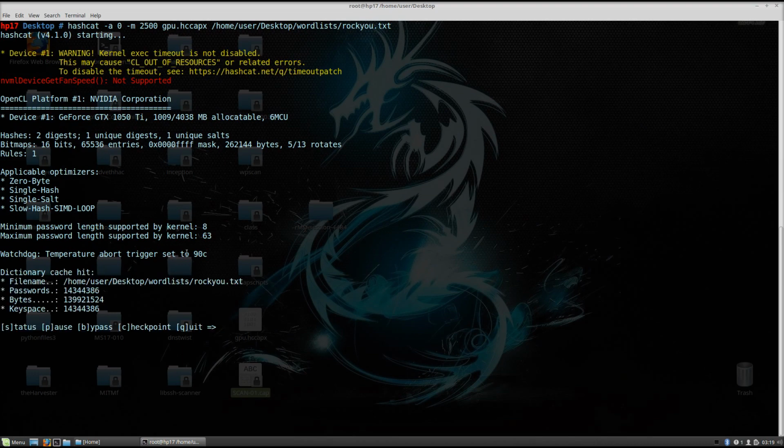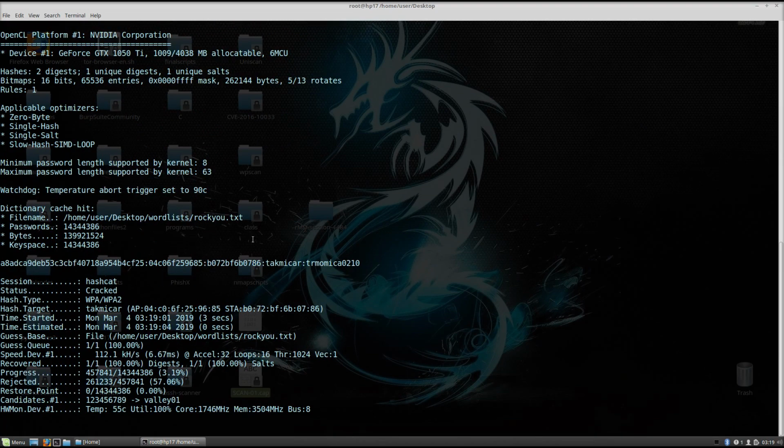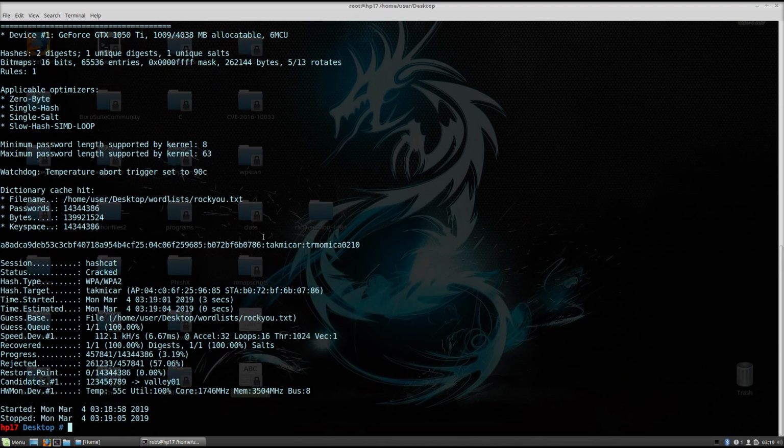It says temperature abort trigger set to 90 degrees, so that is good. I thought it was 100 degrees. And you can see that it found the password relatively fast since I have it in my rocky.txt